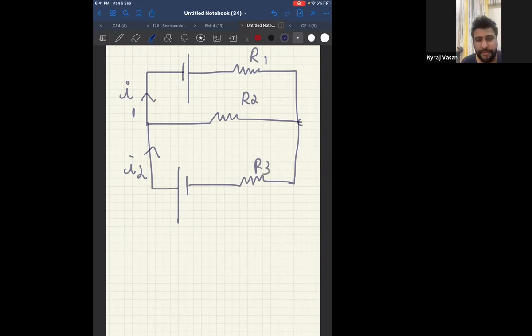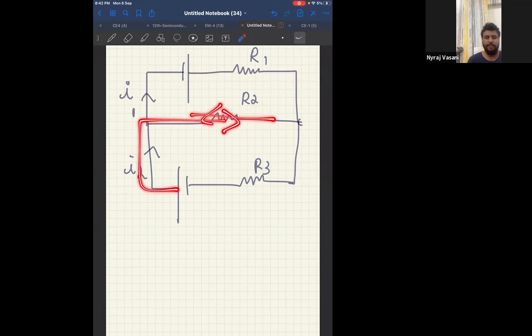Okay, listen. Tell me, you want to take the current like this, or you want to take the current like this? What will be the answer? Tell me which direction you want to go, right or left? Can I say if I1 is going here? Just once look at the screen. Everyone look at the screen. If I1 is going here,